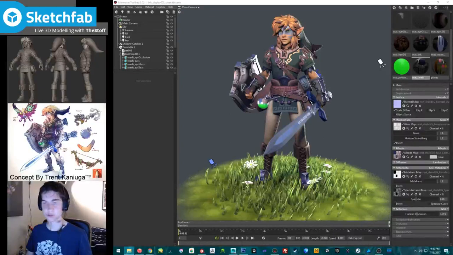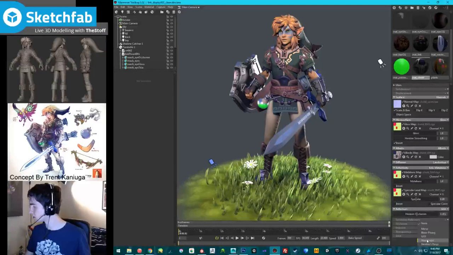The shield diffuse. Click. And then we're gonna put the roughness, metalness, and specular. Good. And then this normal map. There we go. And we're gonna add in some occlusion.